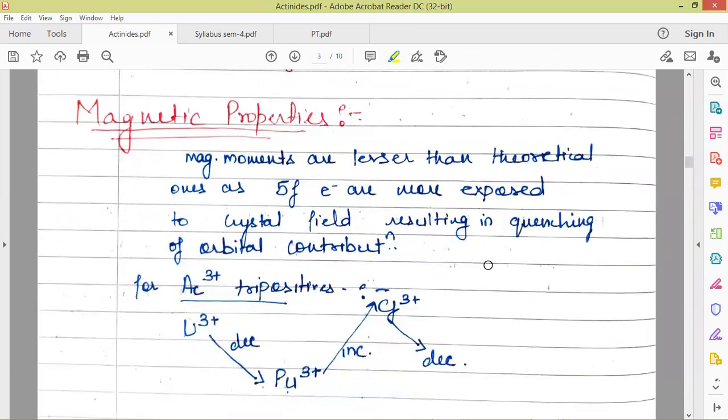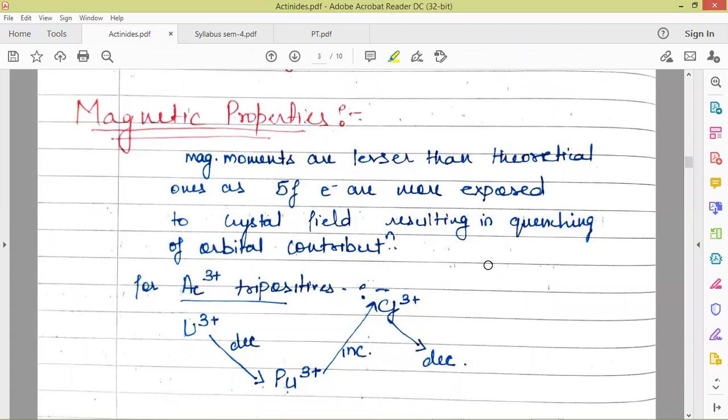Magnetic properties of actinides we will not be discussing in detail. Just about the magnetic properties: the magnetic moment has a contribution of orbital and spin magnetic moment for the lanthanides. But in case of actinides, the 5f subshell, or we can say the 5f orbitals, are much